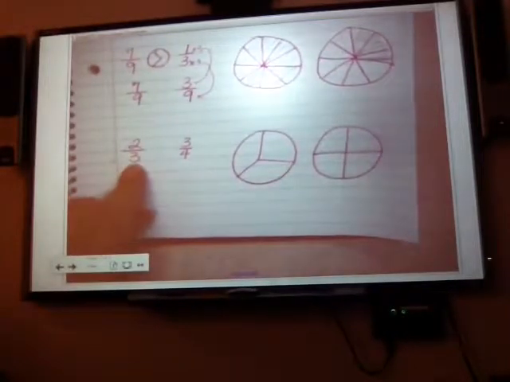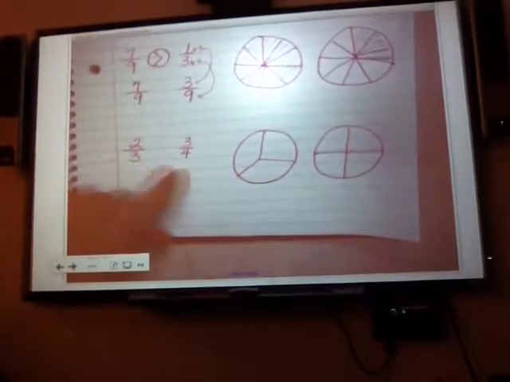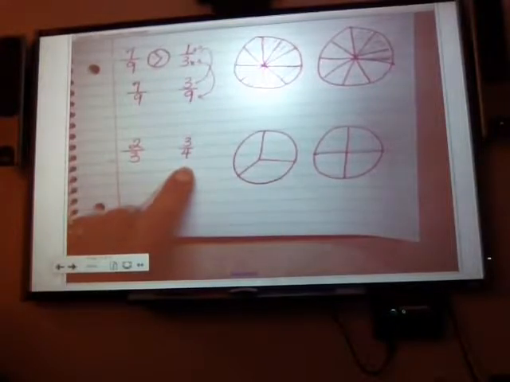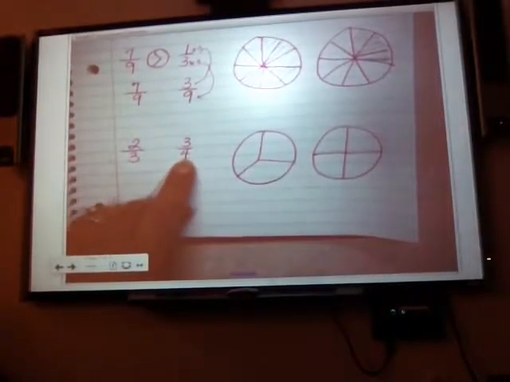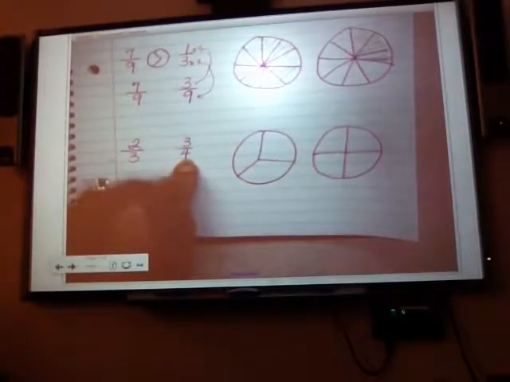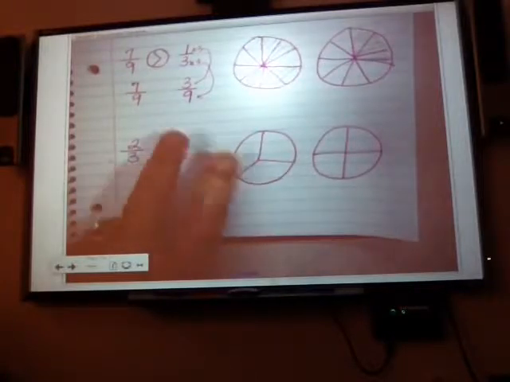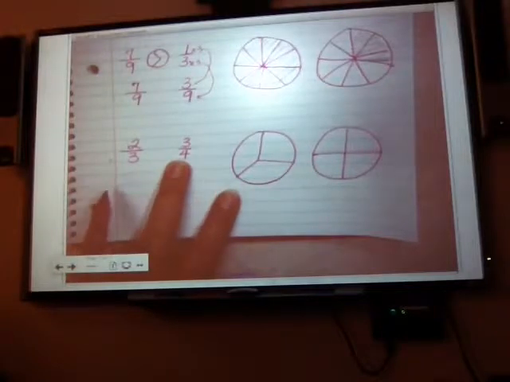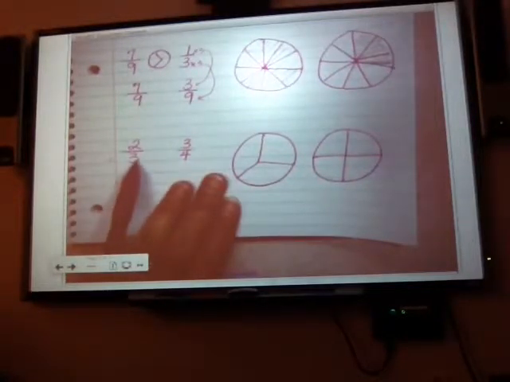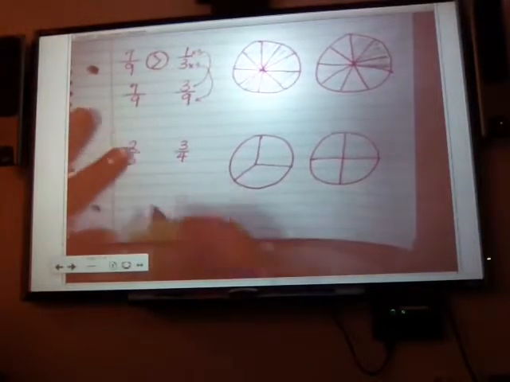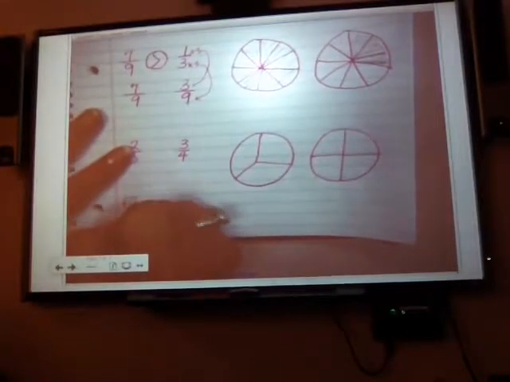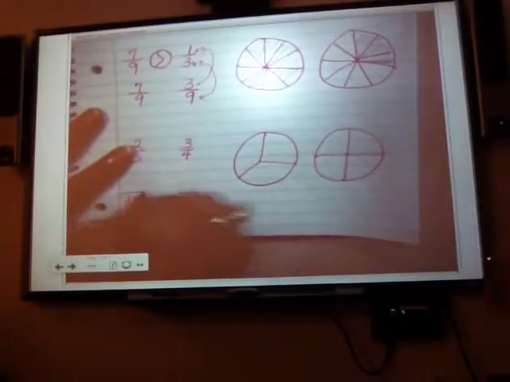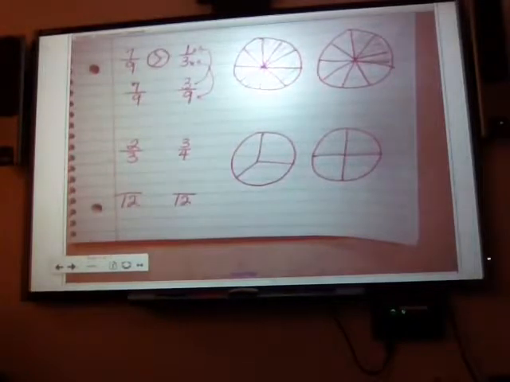So I'm asking myself, looking at my thirds, can a 3 make a 4? No. All right, well, let's go with my multiples of 4. 4 times 1 is 4. 4 times 2 is 8. Can a 3 make an 8? No. What's 4 times 3? 12. Can a 3 make a 12? Yes. So that means that both of them, excellent job, ladies and gentlemen, both of these now can be made